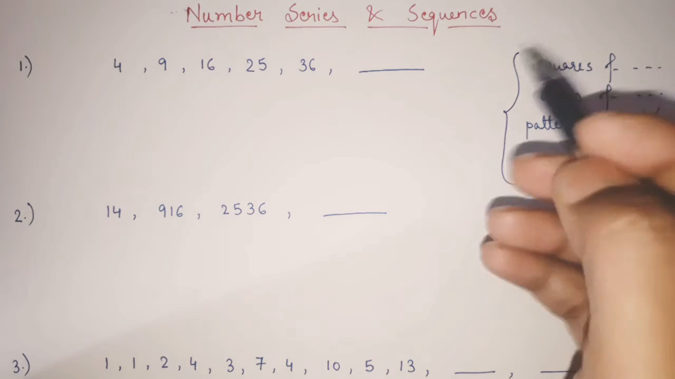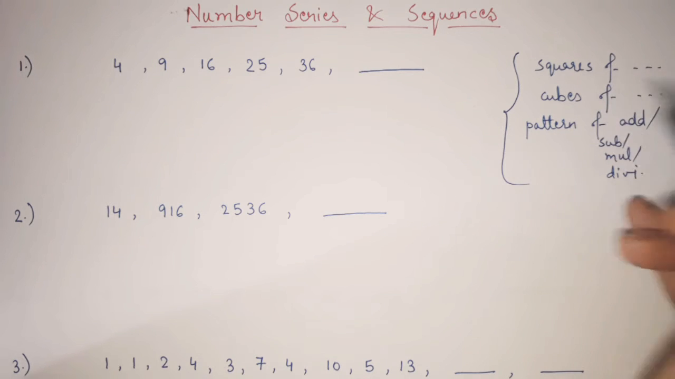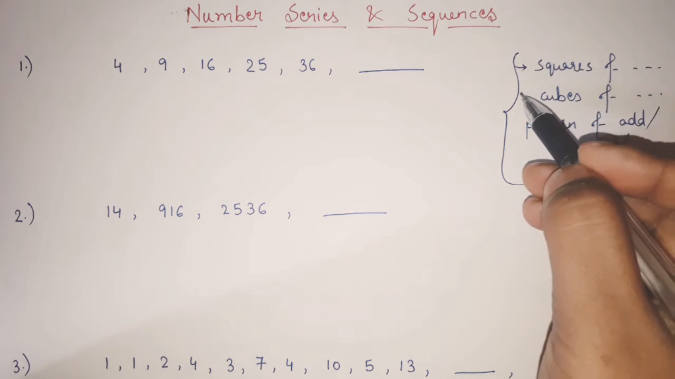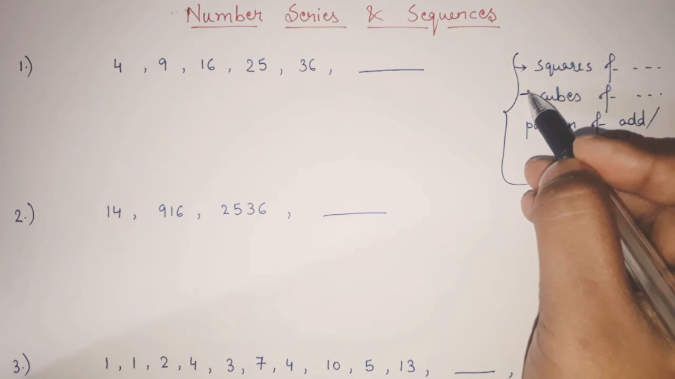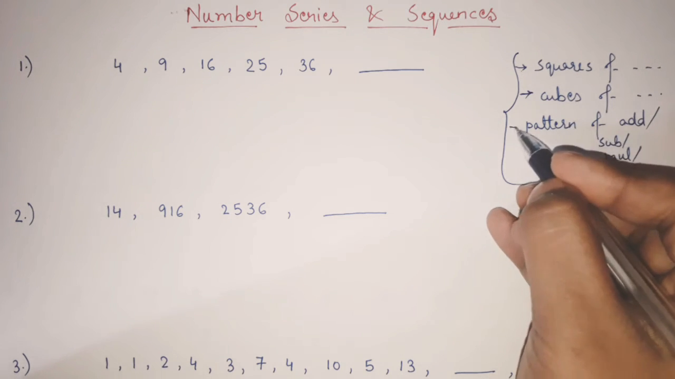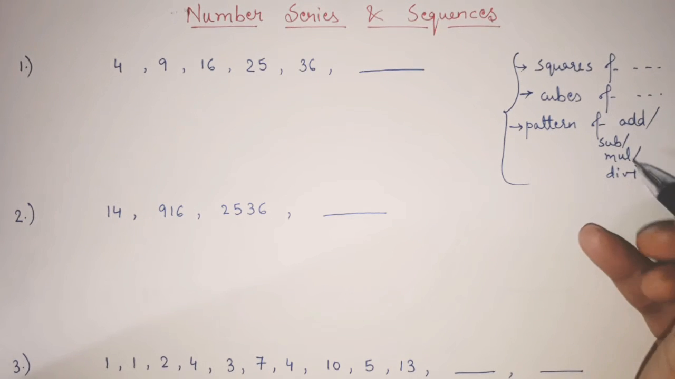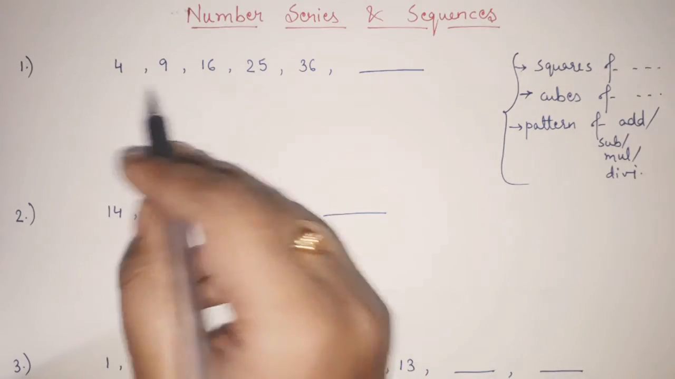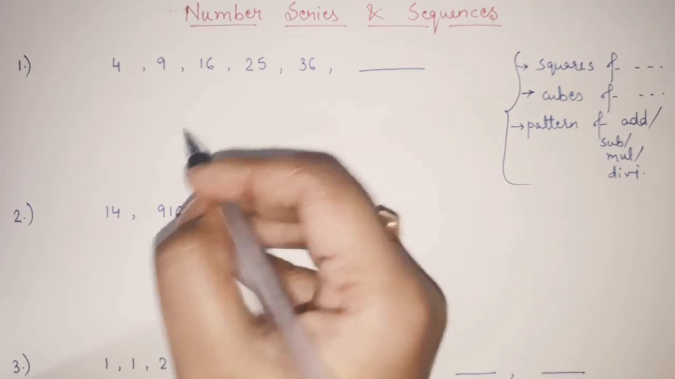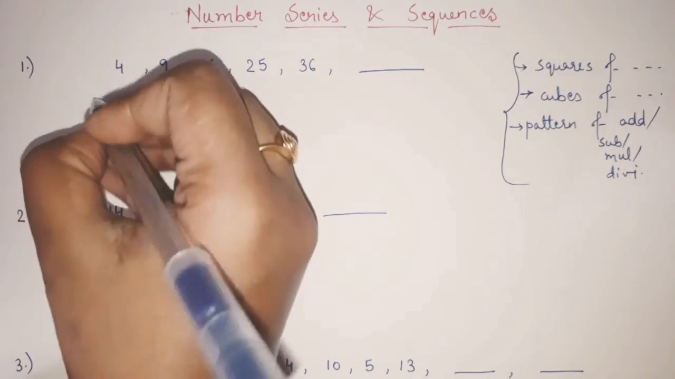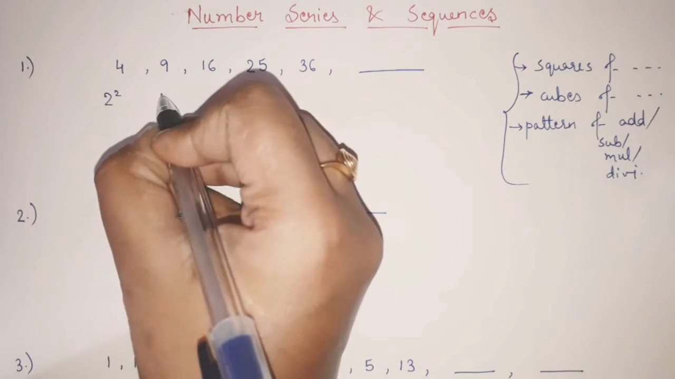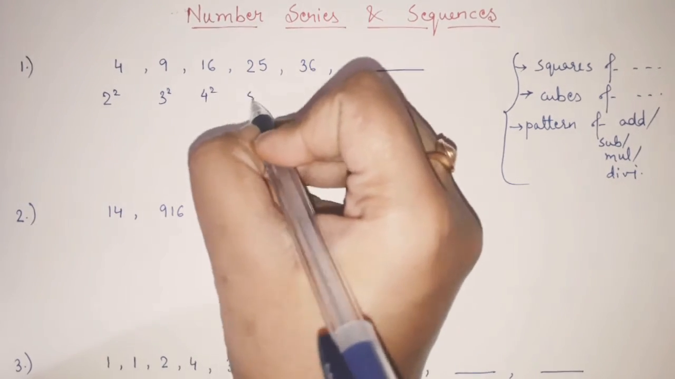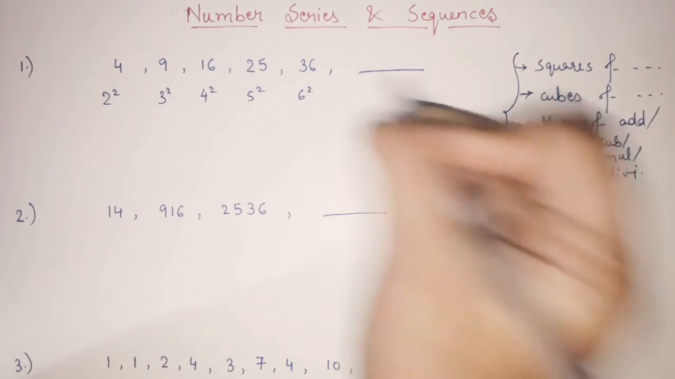Fine. So whenever any series is given to you, you can check these things first: whether it is the series of squares of numbers or not, whether it is the series of cubes of numbers or not, or whether it is a particular pattern of addition, subtraction, multiplication or division or not. Fine. So if you see this question, we can clearly see that 4 is 2 square, 3 square is 9, 4 square is 16, 5 square is 25, 6 square is 36,